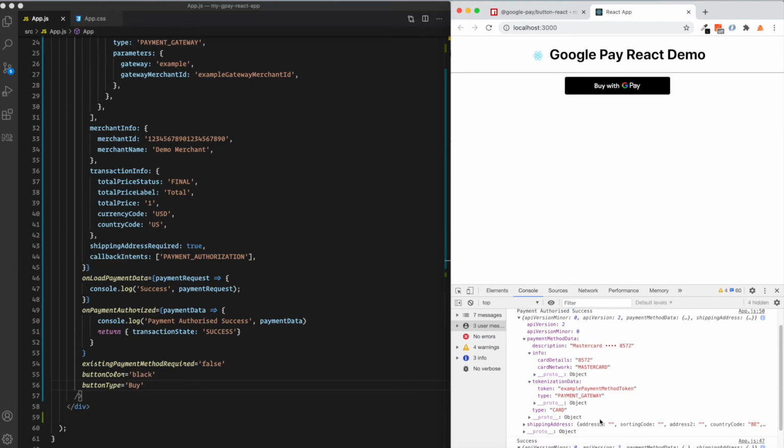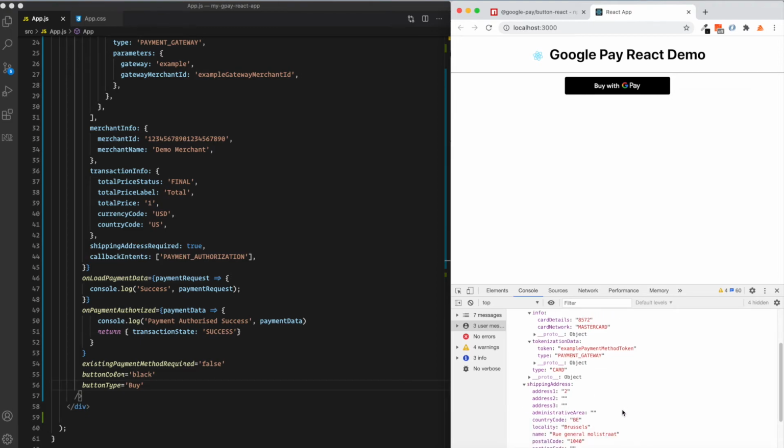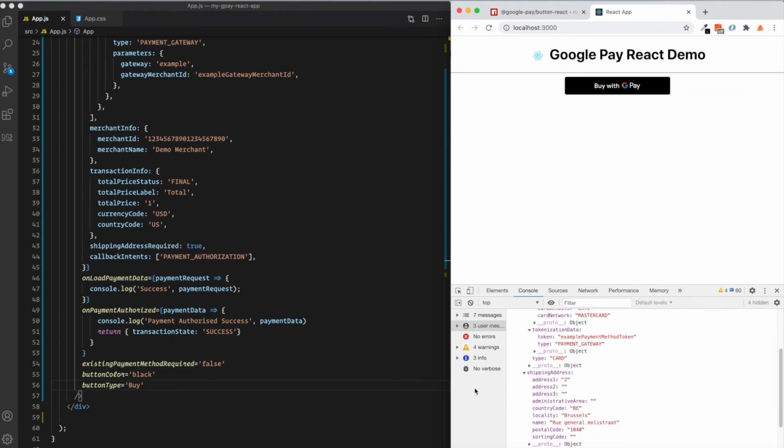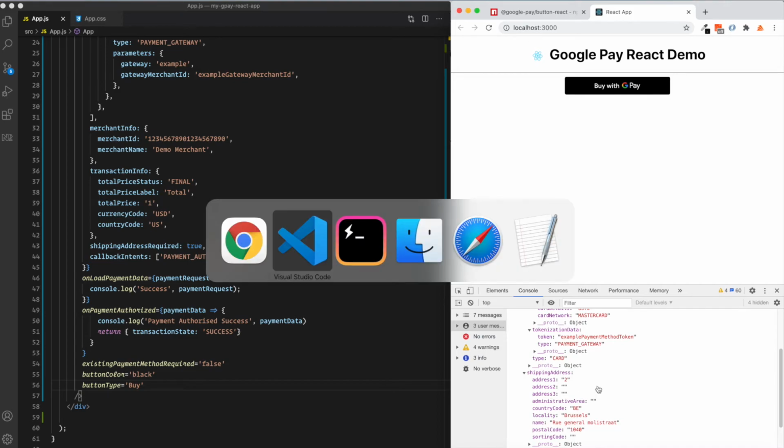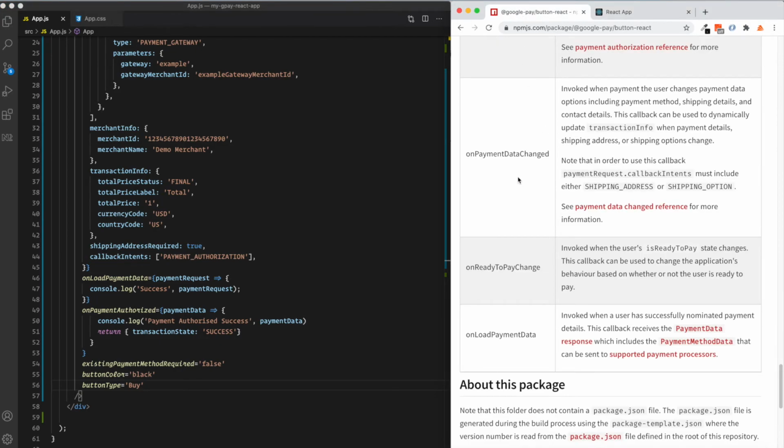So you can use this information under this onPaymentAuthorized callback method. Okay, and as you see, it also returned this shipping address object, which you can use in the method onPaymentDataChanged.